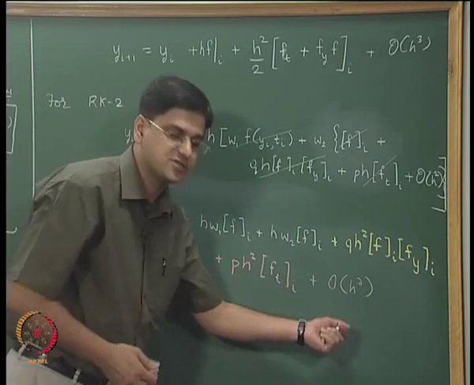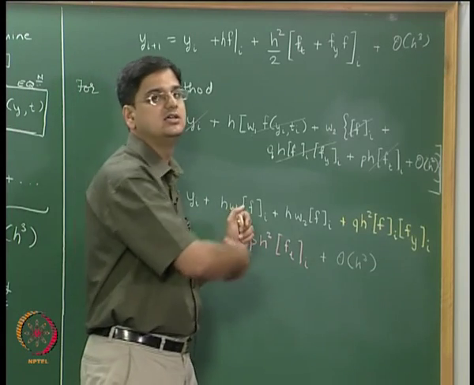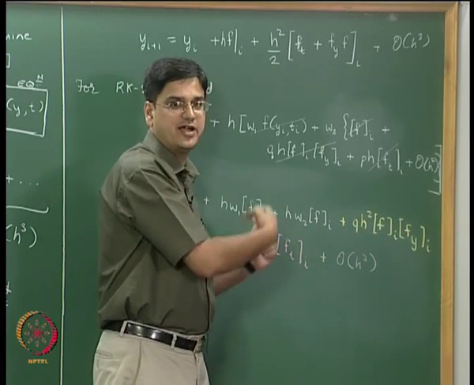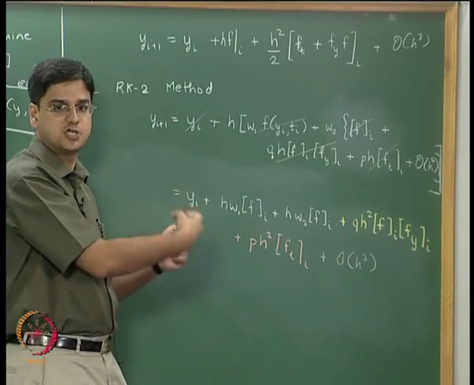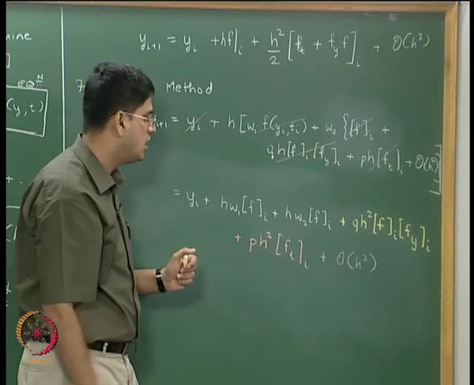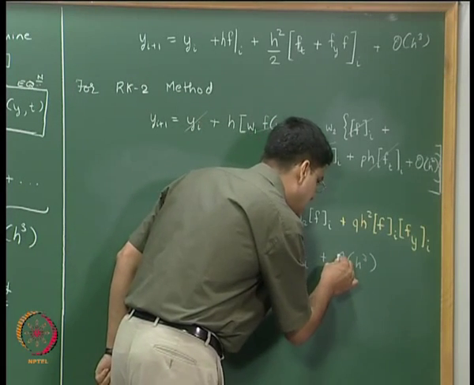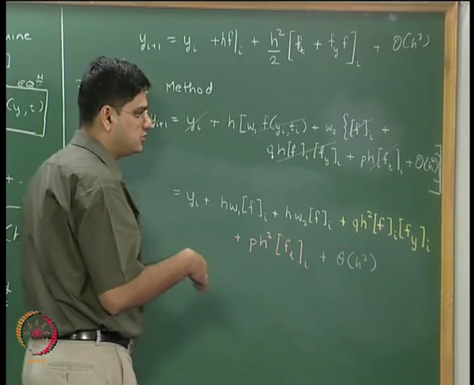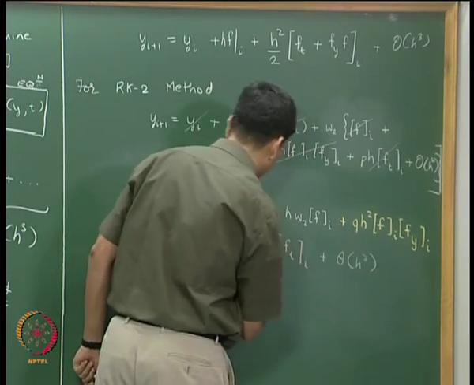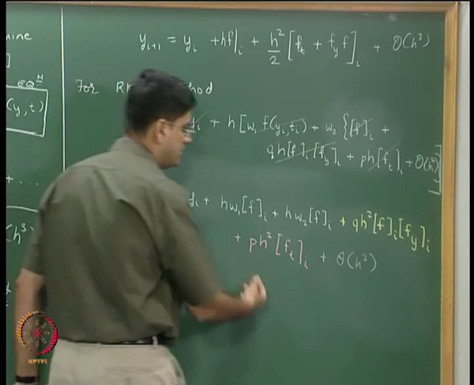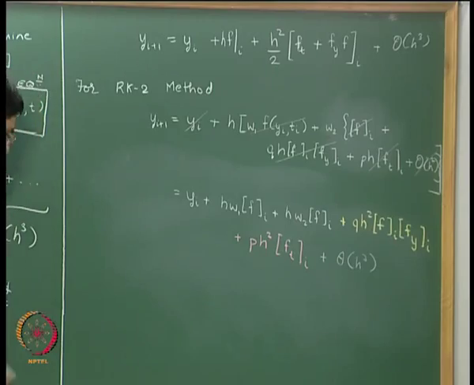What does order of h squared mean? That the leading error term has h squared multiplied by some other quantities. Now h squared multiplied by h multiplied by some other quantities leads us to h cubed multiplied by the same other quantities. So order of h cubed represents the leading term that we are going to throw away if we only incorporate the terms in white, yellow and pink in our final expression. We will just strike this out as well.